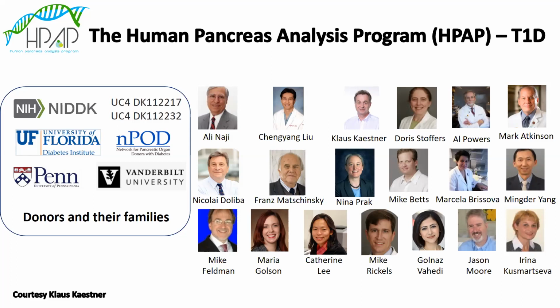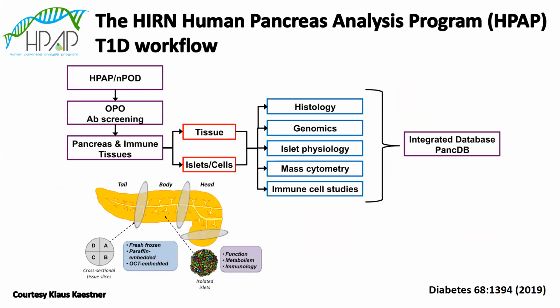So how is this done? This is a busy slide, but to the left, what you see is essentially the intake procedure. So these are actually people that die, and when they die, they donate their pancreas and other organs to this program. And these organs and these tissues are then taken into a lab and they're deeply characterized. So when I was saying deep phenotyping, what I meant is you can take the tissue, you can do histology on it, you can do genomics, you do physiological measurements, you can do some immune cell studies, and then all of that data gets into this